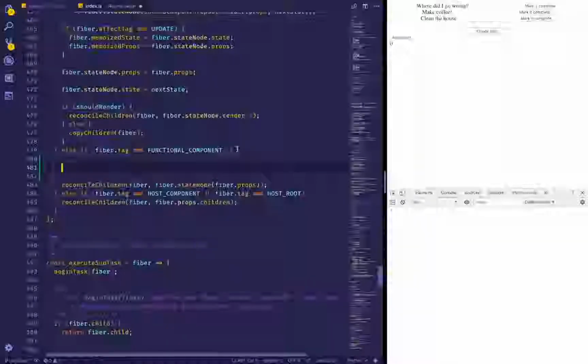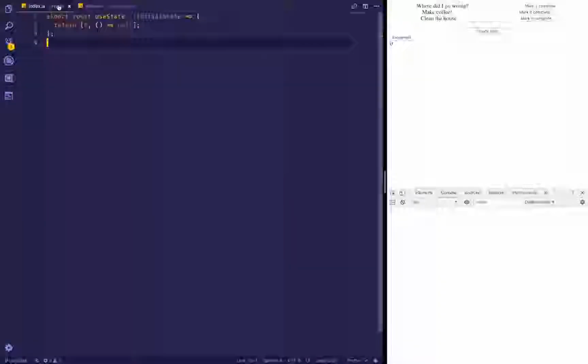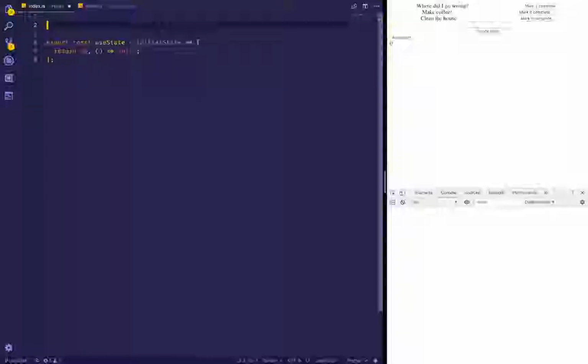So it's definite that we will need a way to have access to the currently executed or work in progress fiber, something like that. So useState, okay,